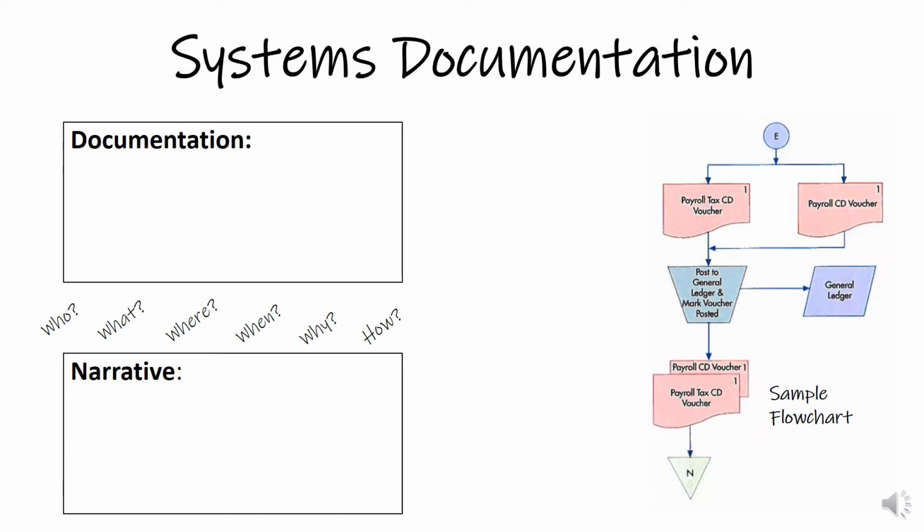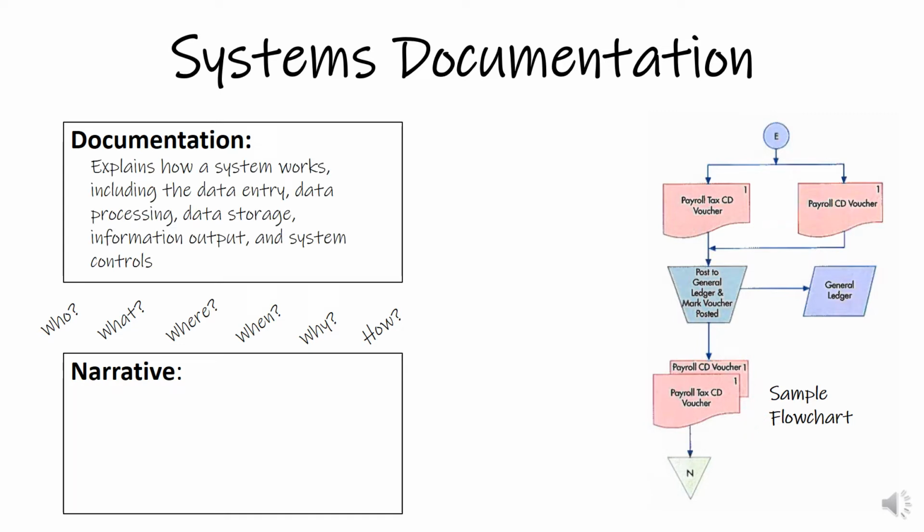This documentation shows pictorially how a system works, including the 4 different components of an accounting information system: data entry, data processing, data storage, and information output, as well as the controls that protect and guide each of those processes. Just like a good picture book has both story, words, and pictures, system documents are accompanied by narrative, which